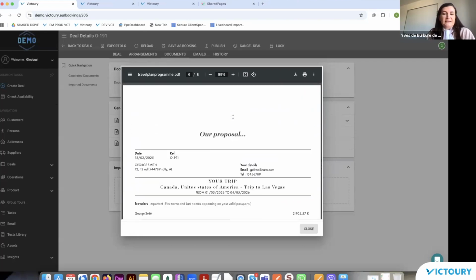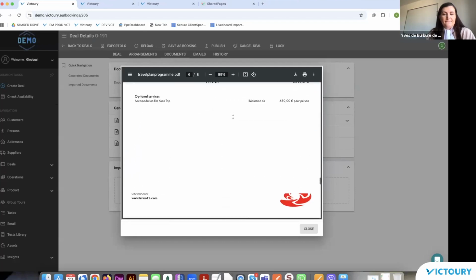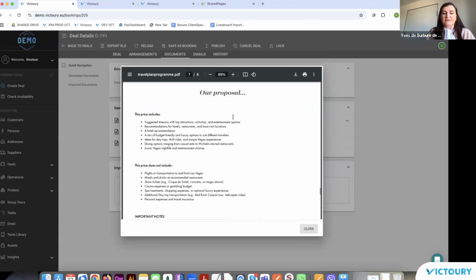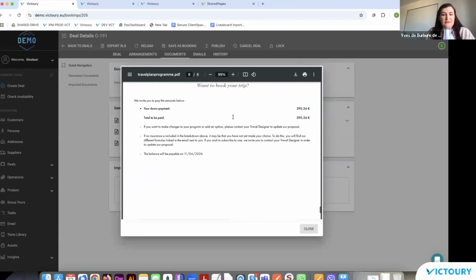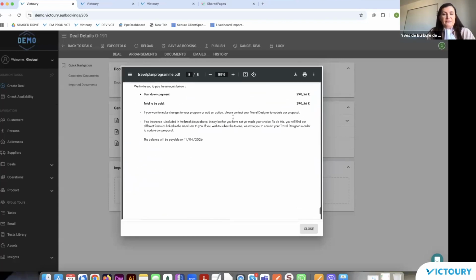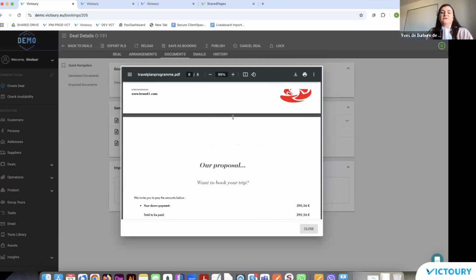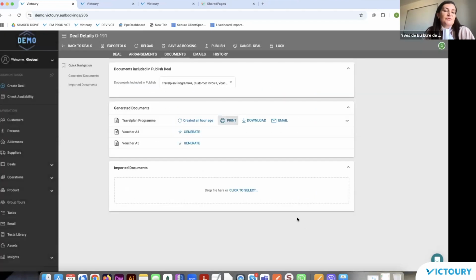And I have a dedicated page for the payment details and the included and not included, which was on the trip level. And again, in case you need down payment, rest payment, proposal, you can have its dedicated page at the end. So actually, this is the short, maybe in a nutshell, booking flow that you can follow in Victoury